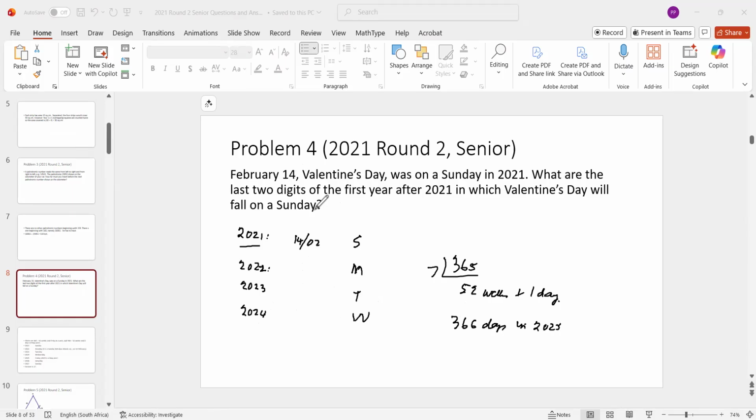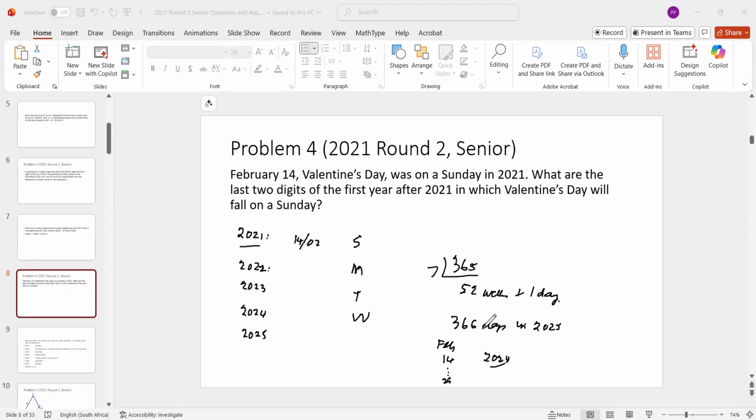Right, so we are going up to 14th of February. The calendar will say that 14th of February, we are looking at 2024, is before the 29th of February. So this is fine. You're not jumping a day from the 14th of February 2023 to the 14th of February 2024. So this will be a Wednesday. But here, when you go from 2024 to 2025, you will cross the 29th of February. So this time you will go,